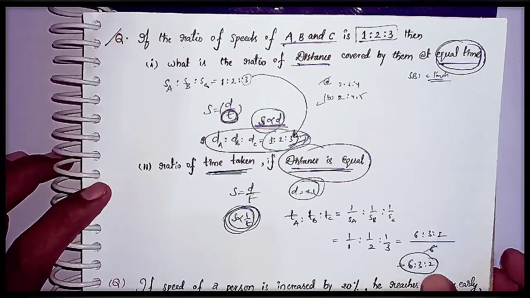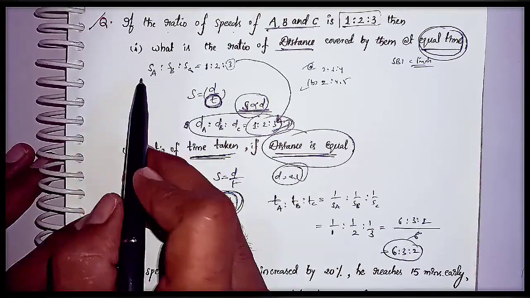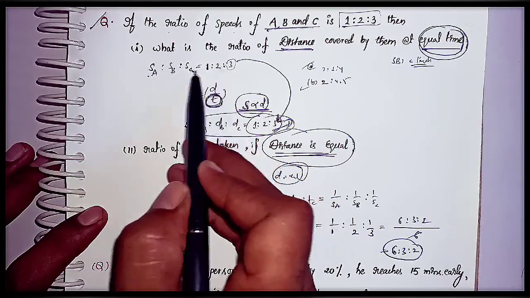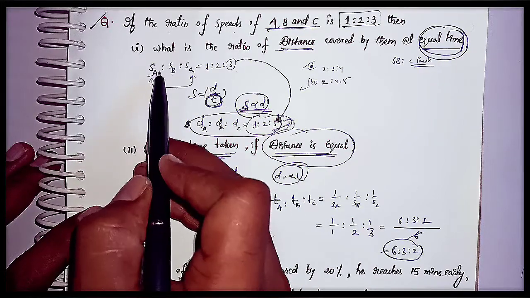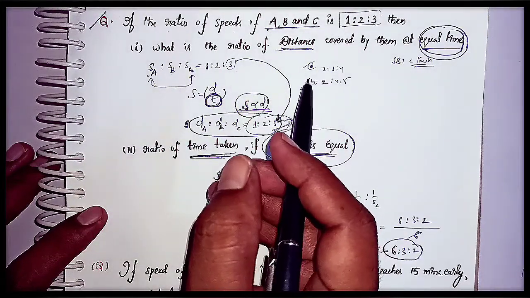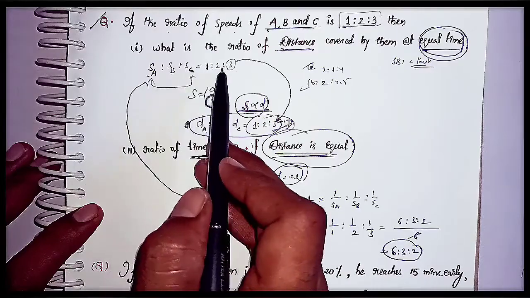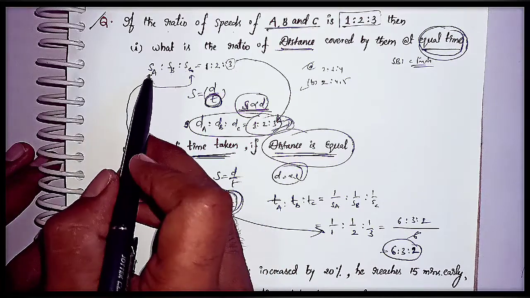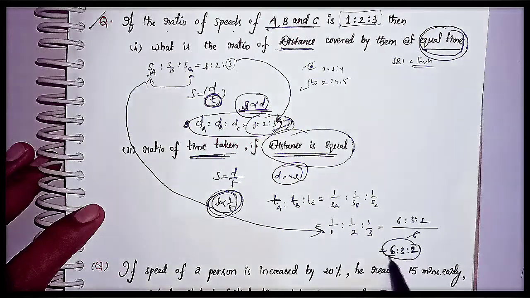If you have any doubt here, I will tell one simple technique. See here, the speed of person A is 1 kilometer per hour, and the speed of person C is 3 kilometer per hour. If we compare these two persons, the speed of C is higher than the speed of A. Whenever the speed of C is high, it means he will cover the distance in very less time. Here, if we compare this with time, because he has high speed, he covers it in very less time, that is 2 seconds. If you take person A, his speed is 1 kilometer per hour. Because he has low speed, he takes more time, that is 6 seconds.